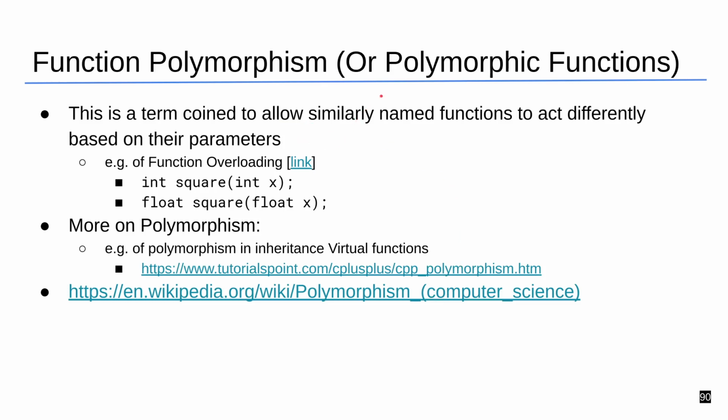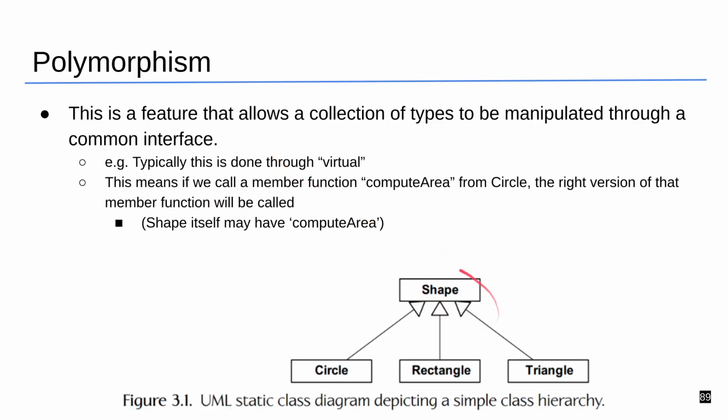There's another term for this, polymorphic functions, meaning you can have the function named the same but with different parameters. Okay. We'll talk a little bit more about virtual functions and some of these things, but just know that C++ supports different types of polymorphism, whether when it's inheriting